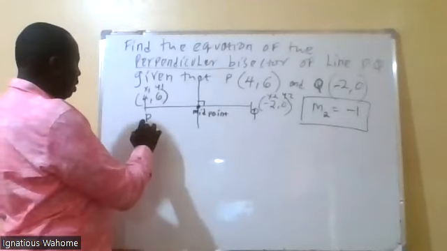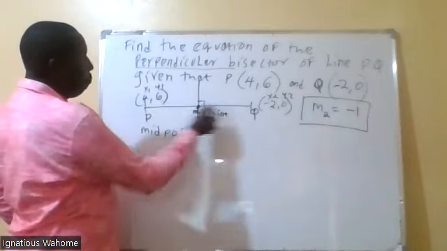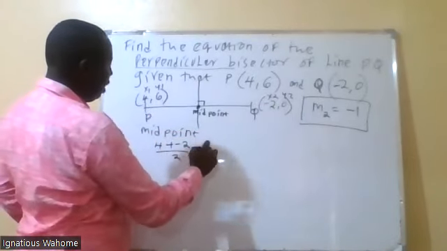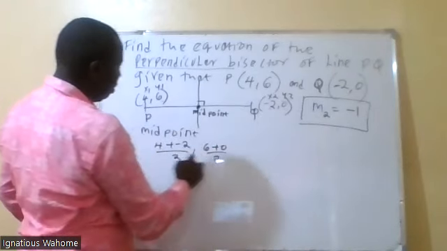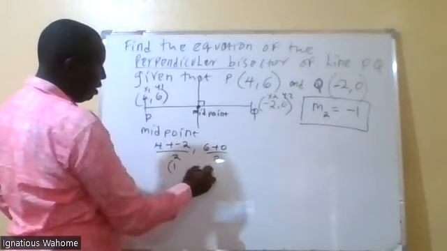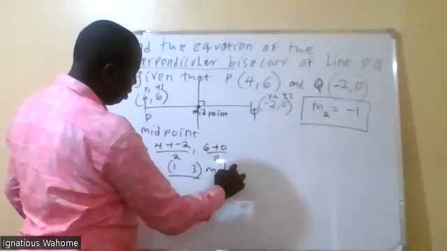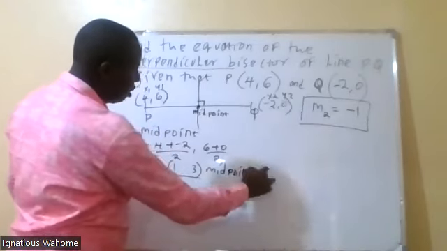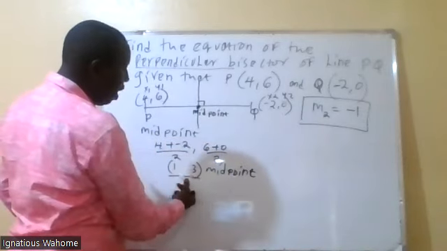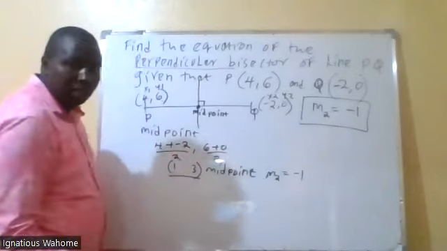Now, therefore, the midpoint in this case will be 4 plus -2 all over 2, and 6 plus 0 all over 2. So this becomes 2 over 2, that's 1, and 6 over 2, that is 3. So there's the midpoint, (1, 3). And this line is passing through (1, 3), and M2 was -1 because it's